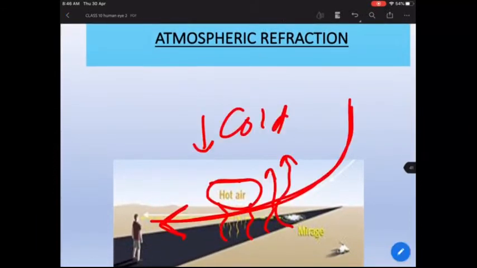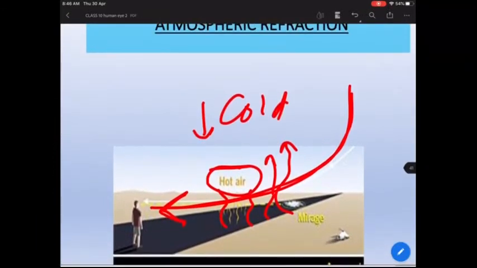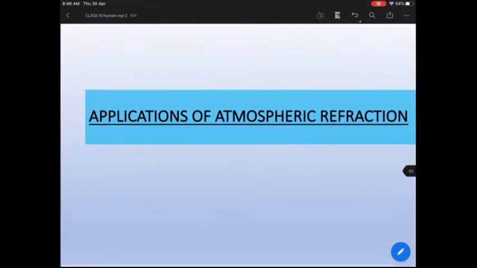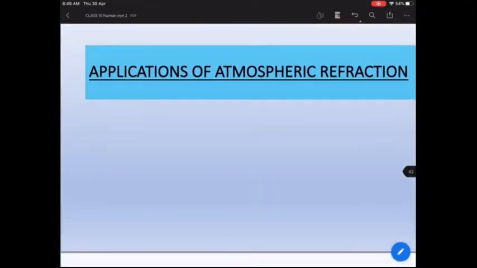Okay, I think this much is enough for the day. In the next class, we'll probably look at some of the applications of atmospheric refraction. We'll understand what atmospheric refraction is and why